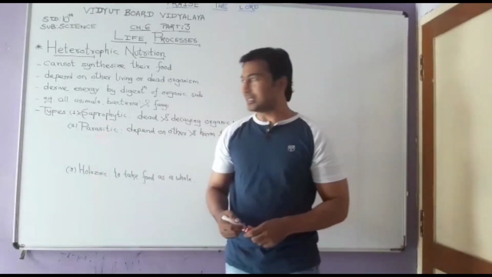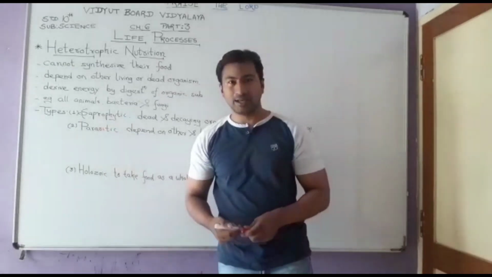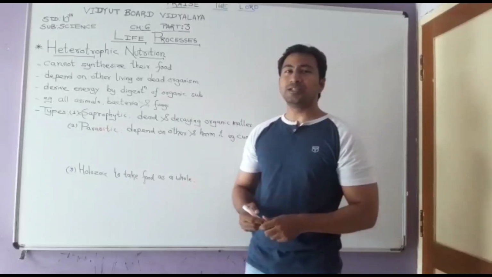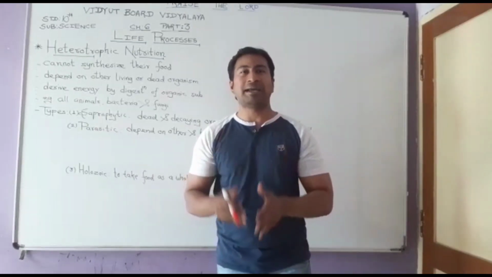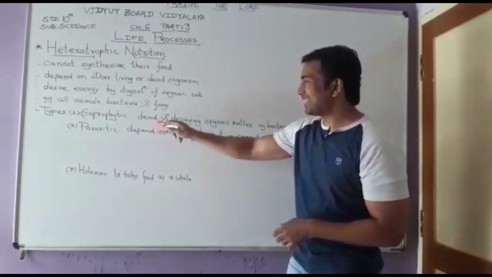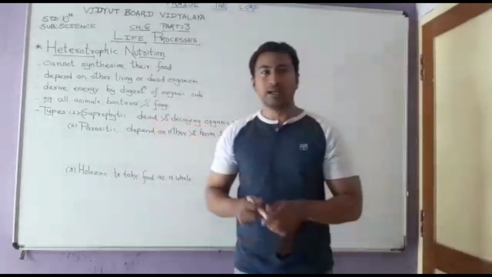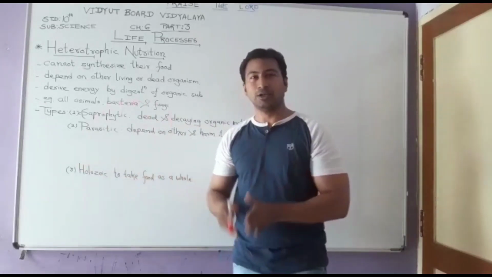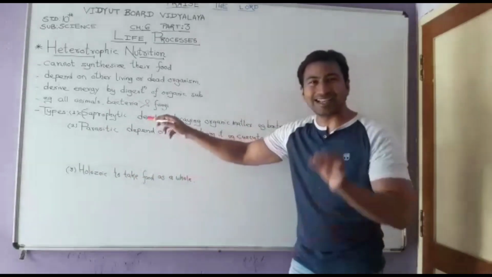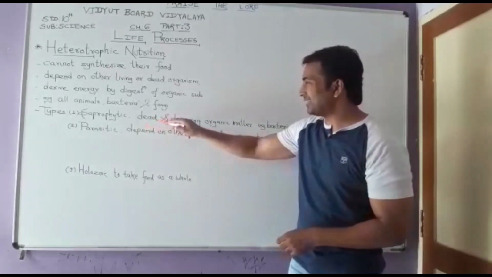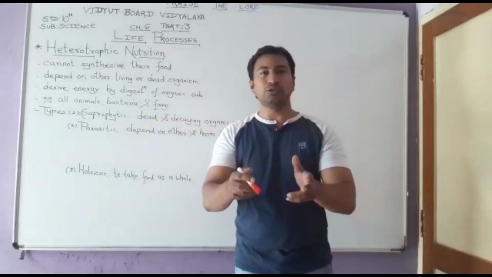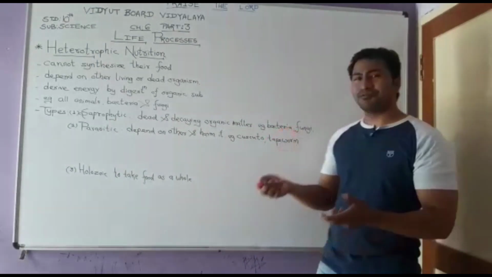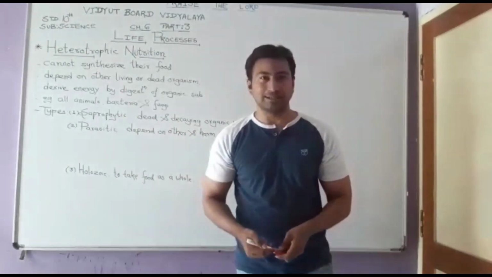The first one, that is the saprophytic. Now whenever we hear the word saprophytic, there should be two major words which should come into our mind, that is the dead and decaying. Something which is dead and something which is getting decayed. So the organisms who eat exclusively the dead and the decaying matter, they are said to be the saprophytic organisms. So a lot of bacteria and fungi are there who belong to this category.